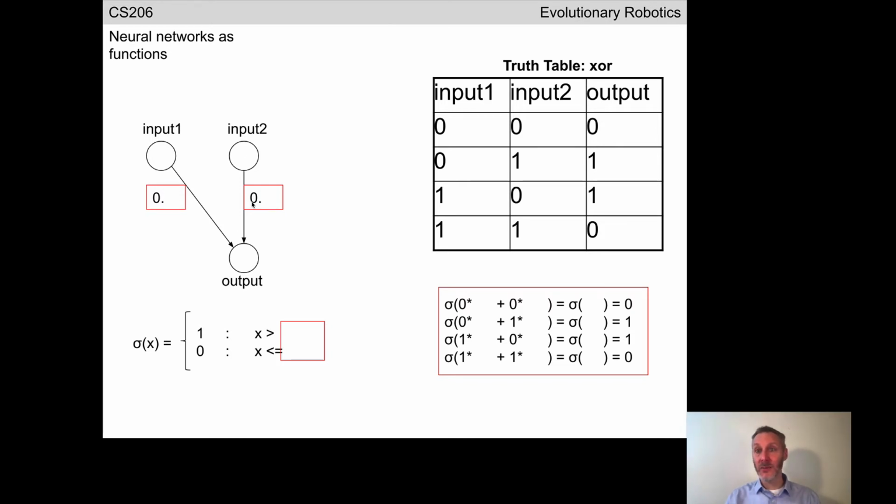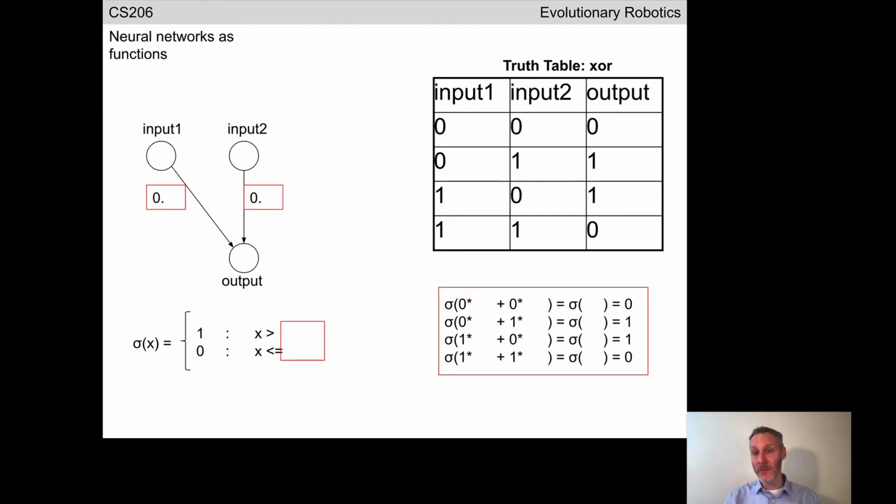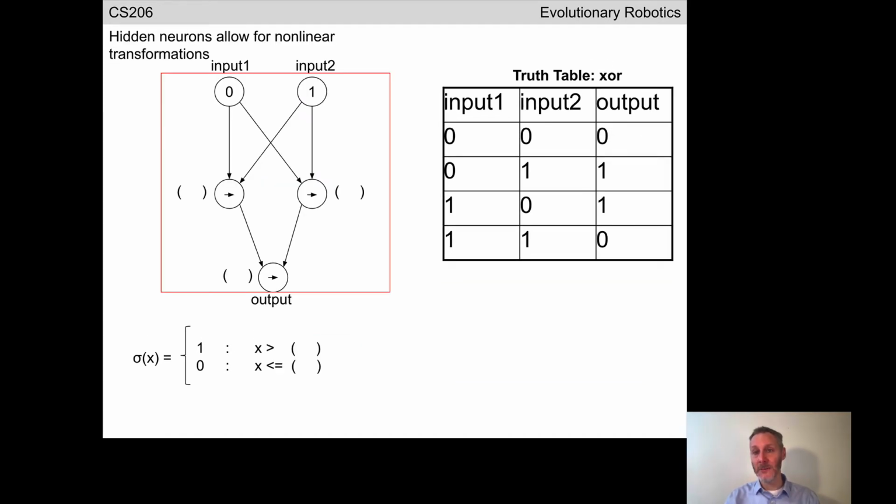Without a hidden layer, we can compute linear functions, and AND and OR are linear functions, binary linear functions. If we want to compute a nonlinear function, of which XOR is one, we need to include intermediate or hidden layers. Okay, so I left you last time with the homework to think about what would be the values of